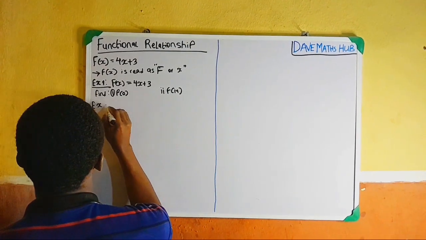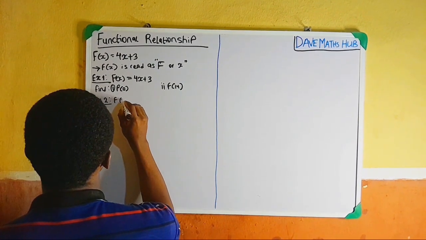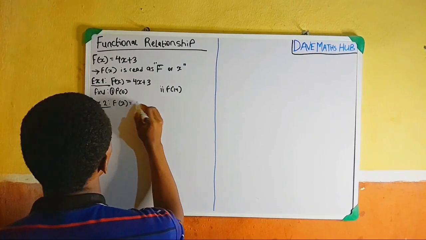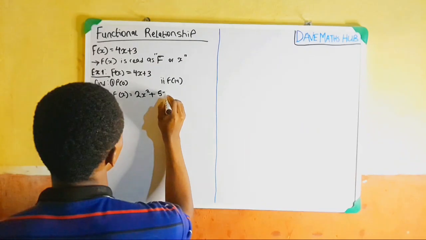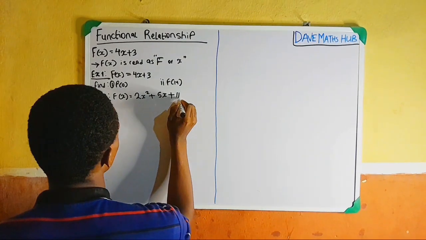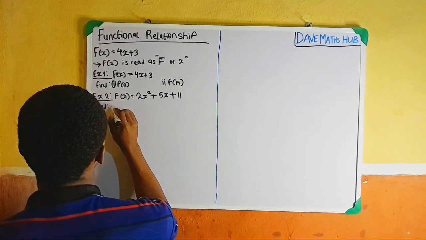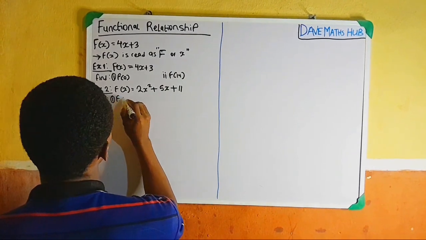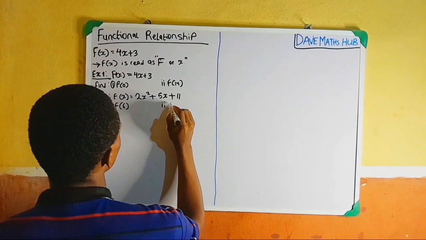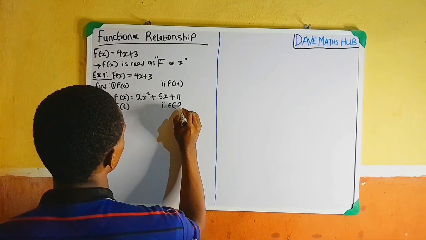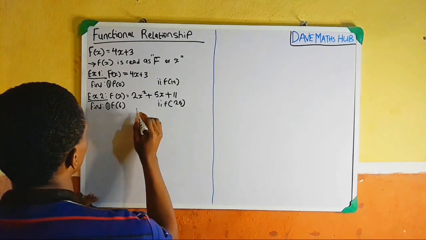Example 2: f of x equals 2x squared plus 5x plus 11. Find number 1, f of 6. Number 2, f of 25. So solution: